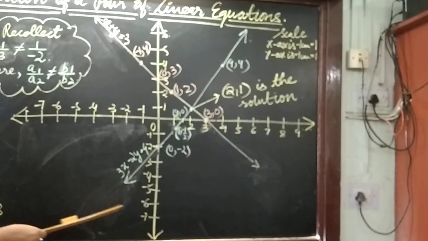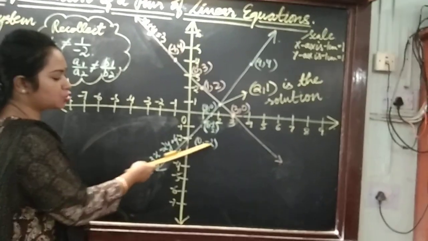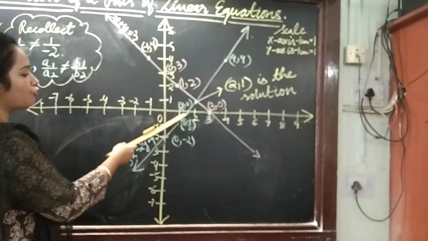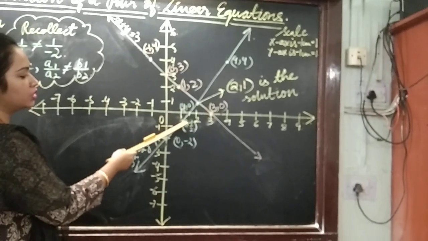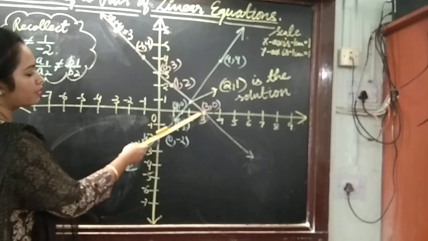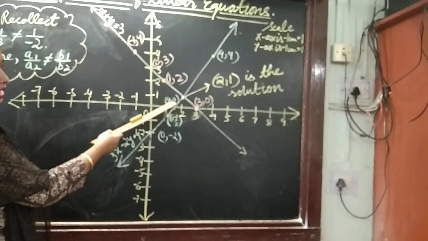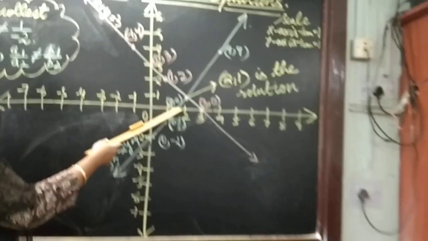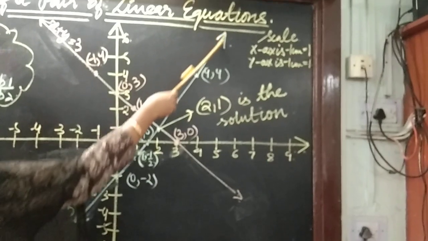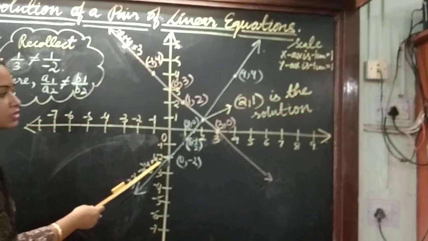Now in the second graph, just take a look. My coordinates were 0, minus 2 first. So 0 of x, minus 2 of y plotted here. The second one is 1, minus half. So we have 1 of x, minus half of y, which turns out to be here. The third coordinate is 4 by 3, 0. So where is 4 by 3, 0? 4 by 3, 0 occurs here on the x-axis itself. Right? 4 by 3 and 0 of y. So it occurs between 1 and 2 there. The last coordinate was 4 and 4. So 4 and 4 here. Upon joining all this, I obtain the graph of 3x minus 2y equals 4.